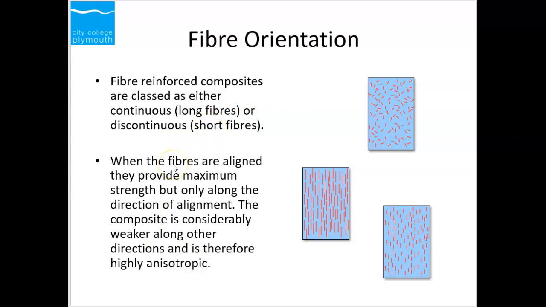When the fibers are aligned, they provide the maximum strength, but only along that direction. So in this case, they are aligned together, and the strength is only in the y-axis. But the composite is very weak in the other directions. However, we don't want composites to be strong in all directions,